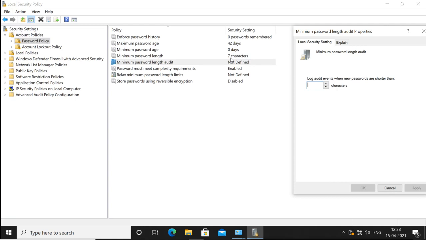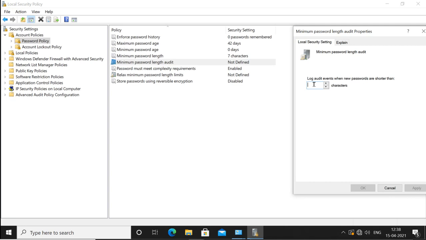But if some user tries to use a password which is less than 7 characters, then it will log the event, and you, the administrator, know who has tried to use a password less than 7 characters.